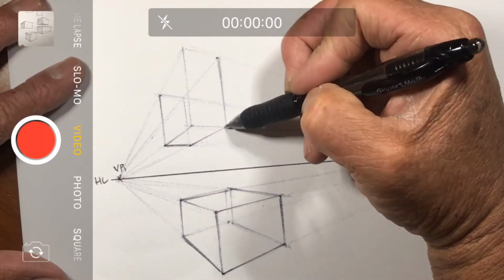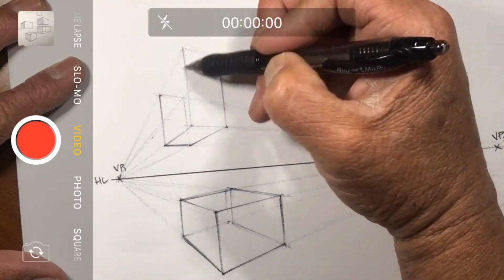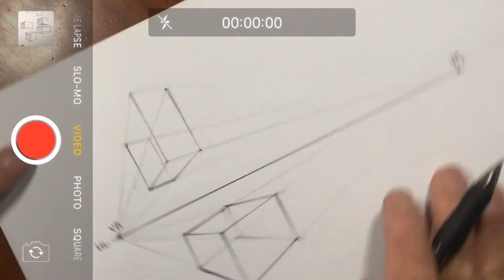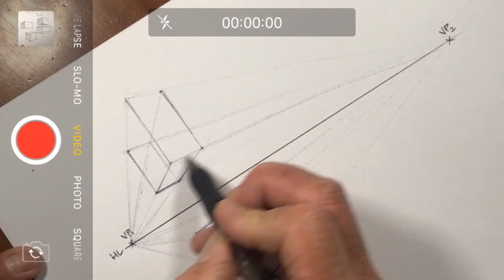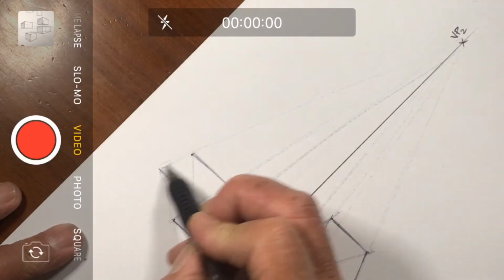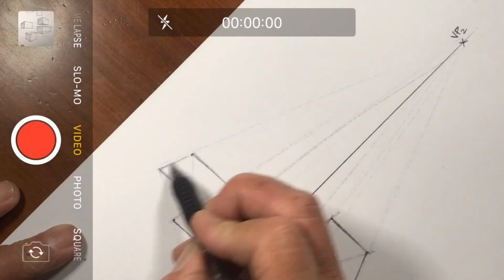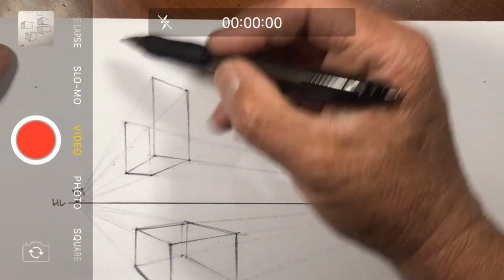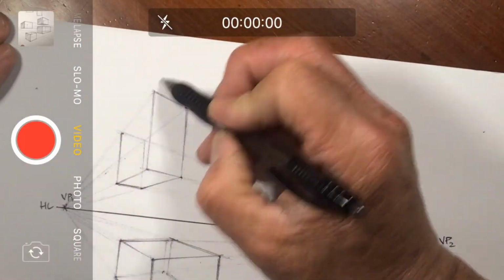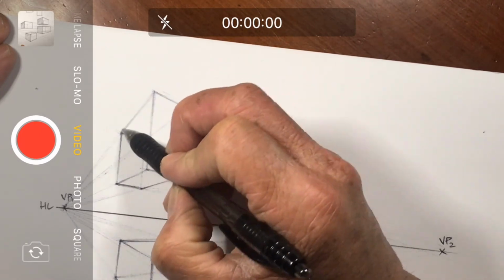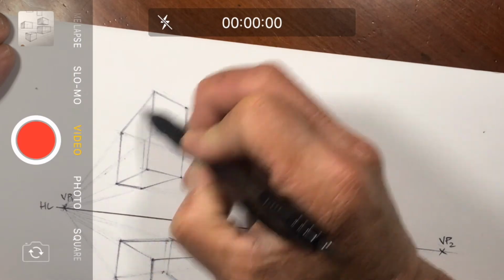So remember, this is just a demonstration to take you through process and construction. Please practice this. There is no assessment really in just drawing these boxes, whether it's 1 point or 2 point perspective. We are drawing these geoforms in isolation. The assessment really comes from when I get you to put all of this together and in either 1 point or 2 point